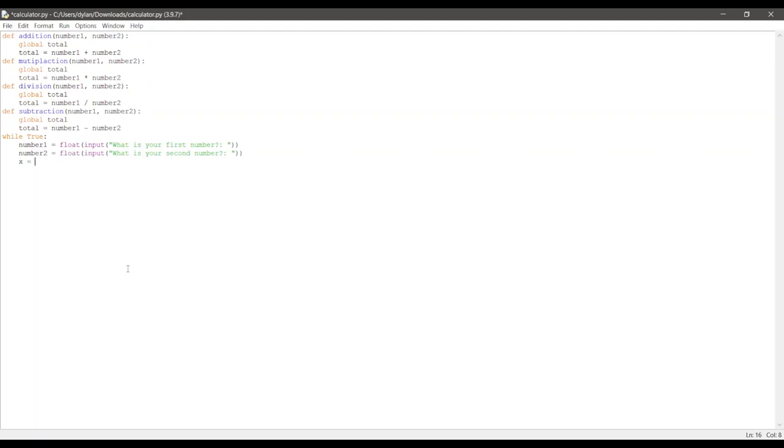Alright, x equals, and then we want to set this to an int to make our life better. So int, and then we want to put another input, and then we want to ask, would you like to 1, and then we can put that there to make it look nicer. So we're asking, would you like to 1